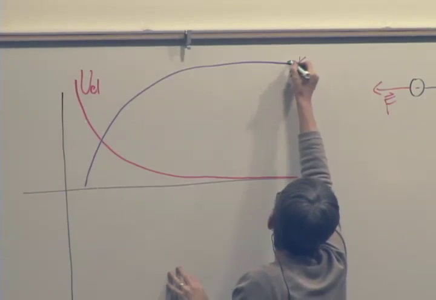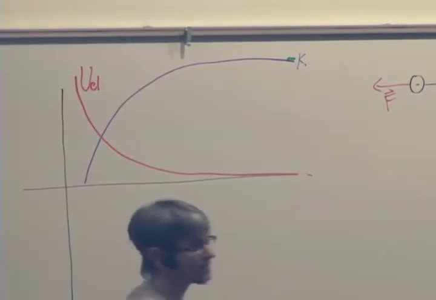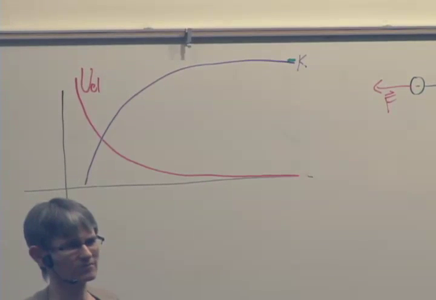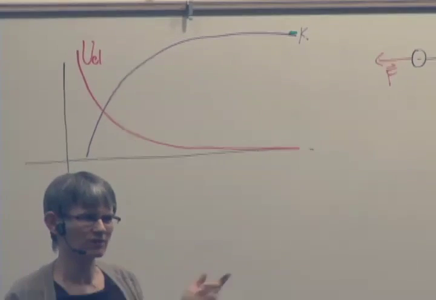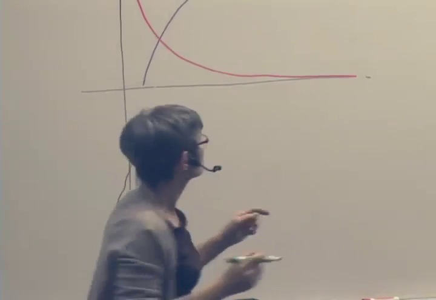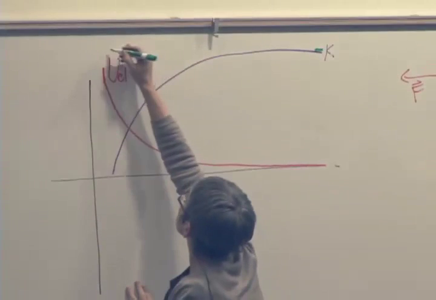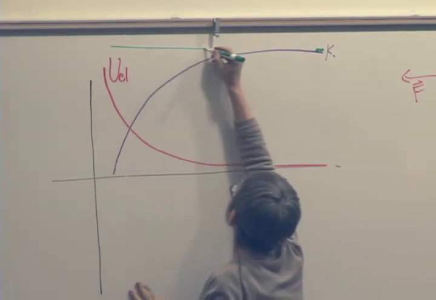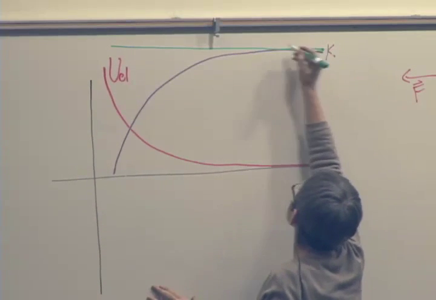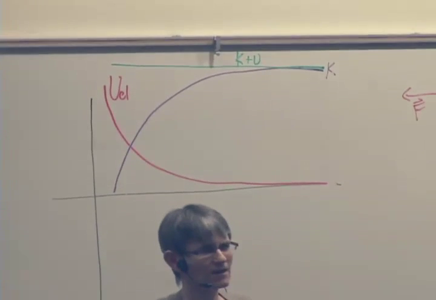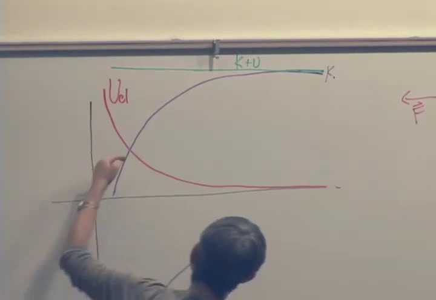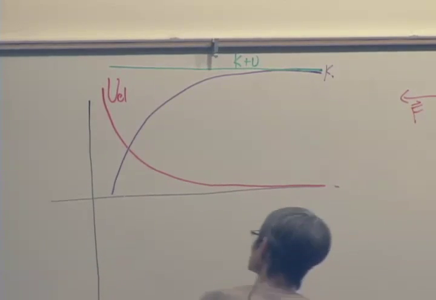Yeah. And now, is anything doing work on this system? No, we didn't mention anything else. So what should be true of this? The total energy should be constant. So we expect a straight line, right? So this is drawing this line here,